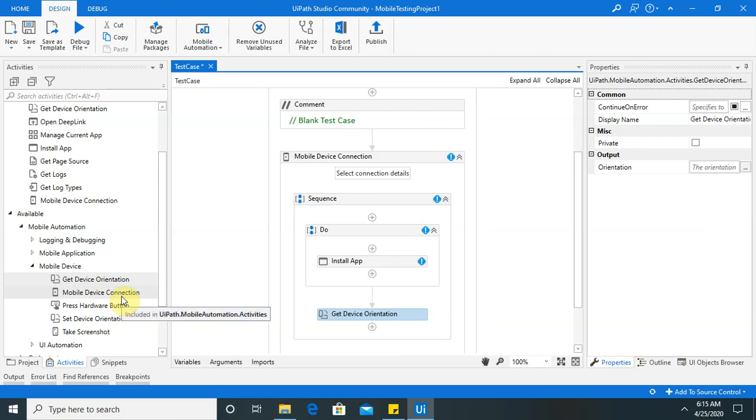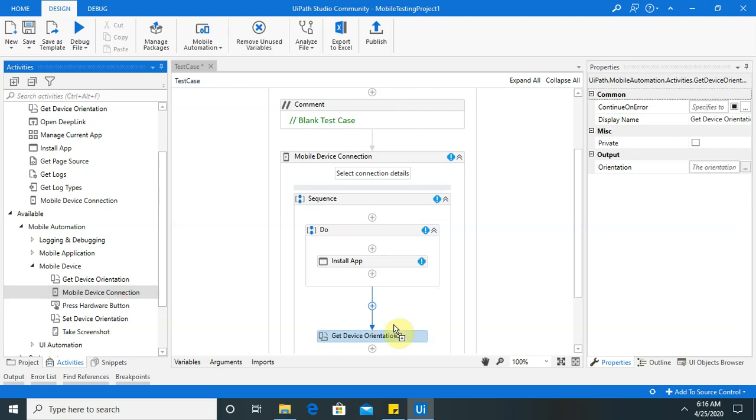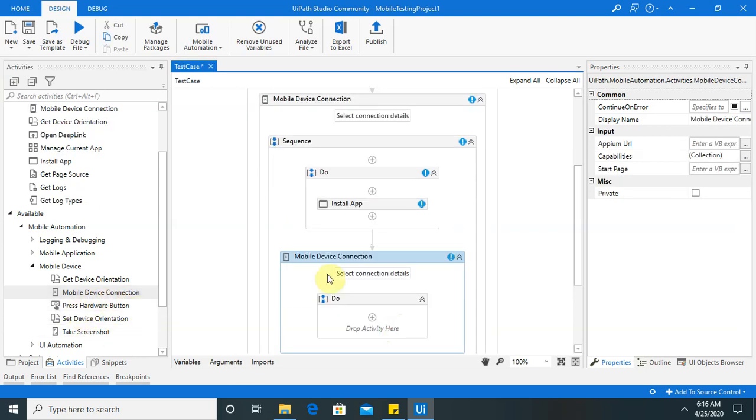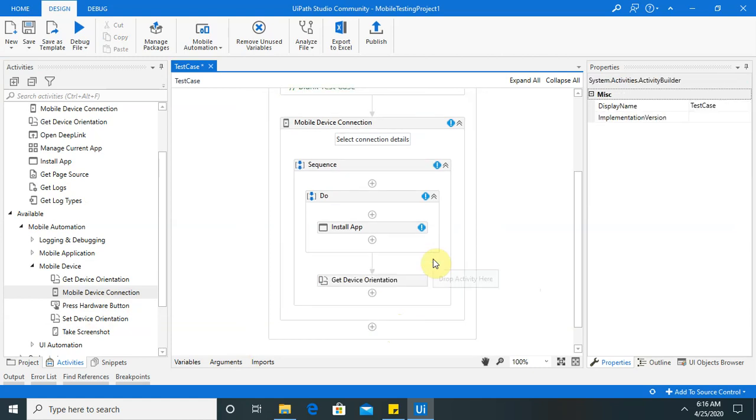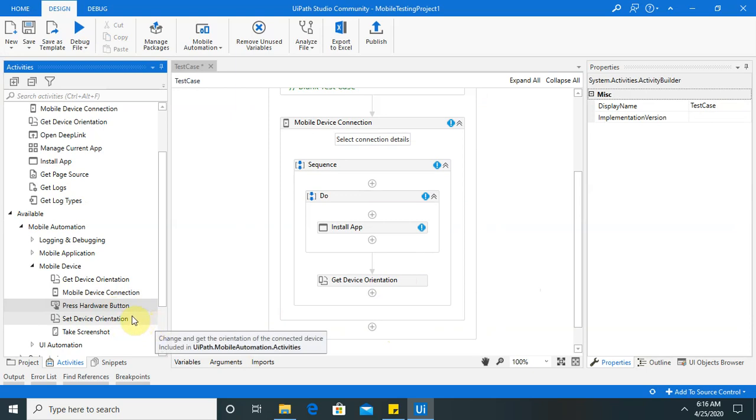If you want to connect any mobile device, that is also possible by dragging the mobile device connection, so you have to make your connection available according to your requirement. Press Hardware Button: if you press any hardware button and want to generate the log after pressing it, you can also do that. Just select Press Hardware Button, then generate the log.